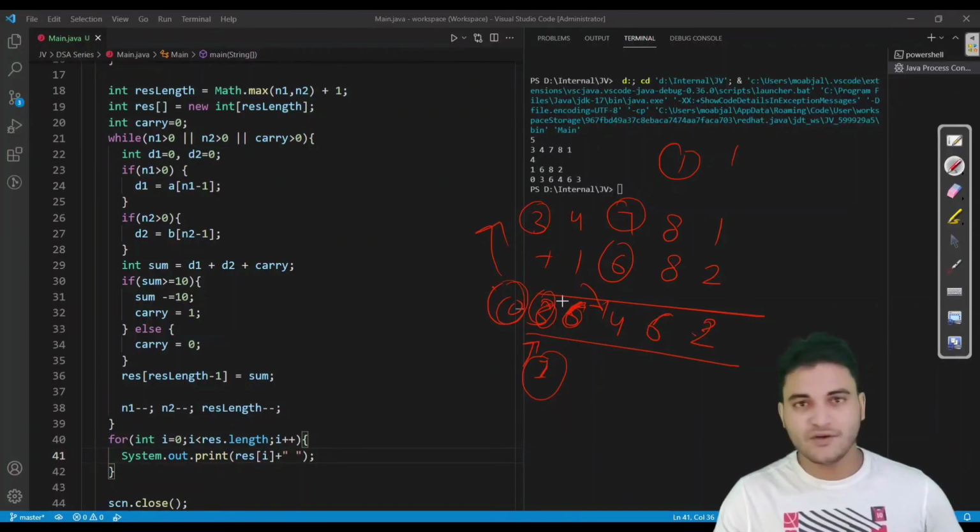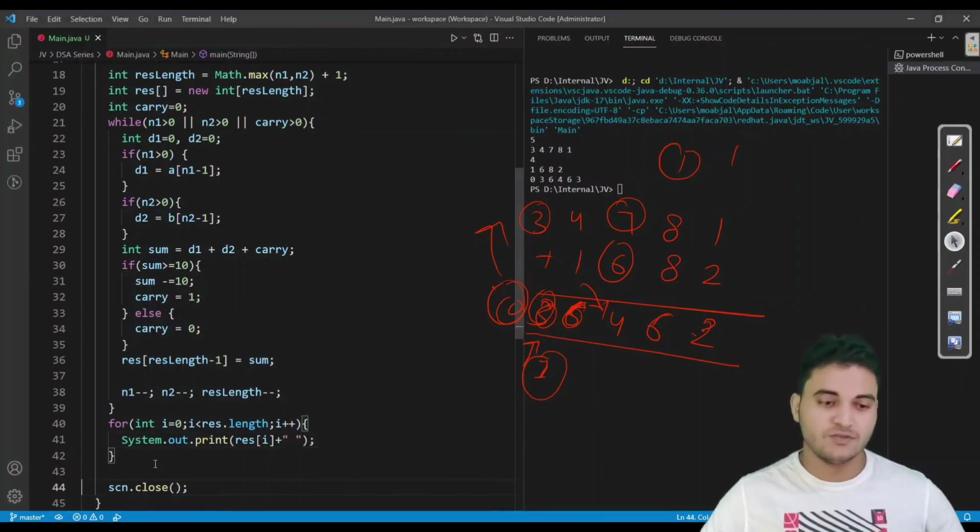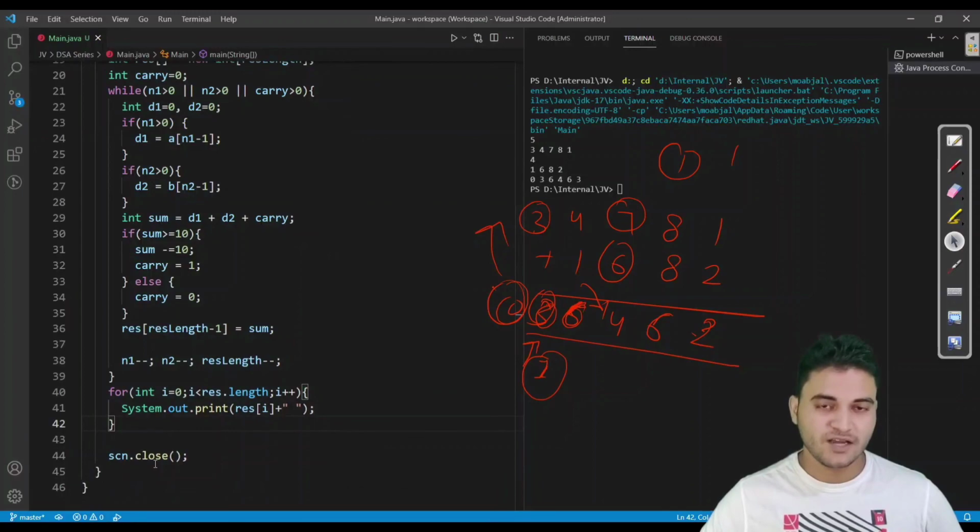And this I am leaving on you, that you should do some sort of exercise on your own, so that your brain should be strengthened, I would say. I can do this, but I am leaving this on you. You should do it on your own. I have just shown you the approach, how we can approach this particular problem of adding two arrays. And if you still have any confusion, you should comment down below.